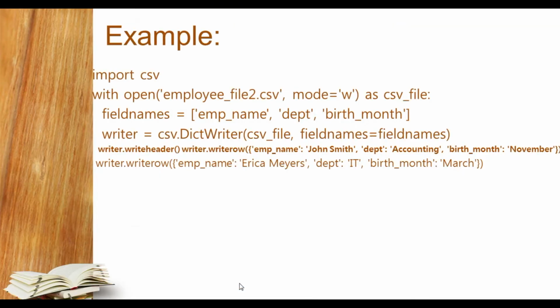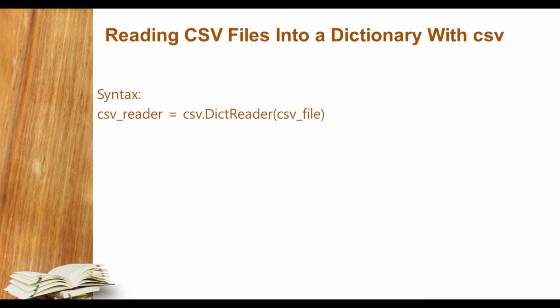Here we have understood how to write a CSV file with a dictionary. Now we have to come to reading a CSV file. For reading a CSV file we need only one thing, that is the DictReader function. The rest of the part will be the same as the CSV file that we read earlier. You can see here csv_reader as an object I have taken, and then the CSV module is going to be called, invoking that DictReader function, in which you will pass the file object by which the file is opened.